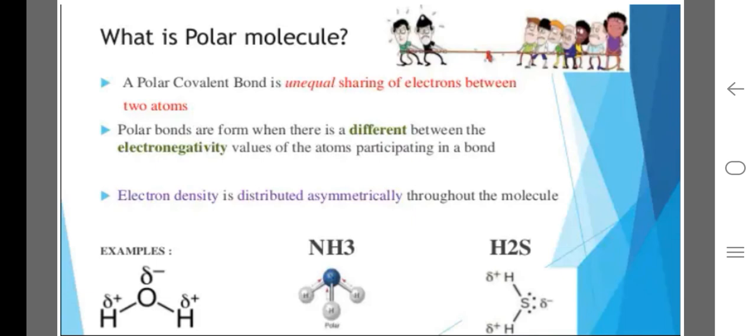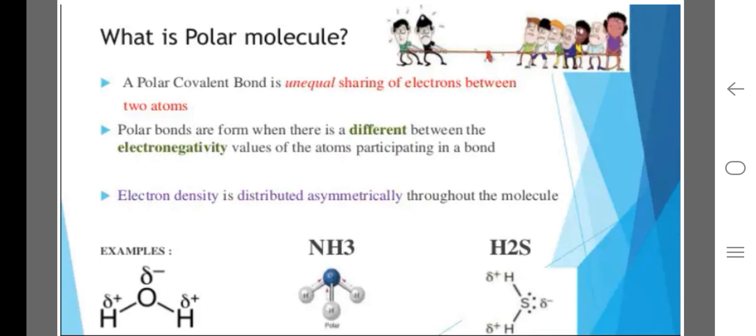A polar covalent bond is an unequal sharing of electrons between two atoms. You will see in the diagram above unequal forces and unequal numbers of people pulling the rope. Two are on one side and almost three or four, seven, are on the other side. This is the unequal force,